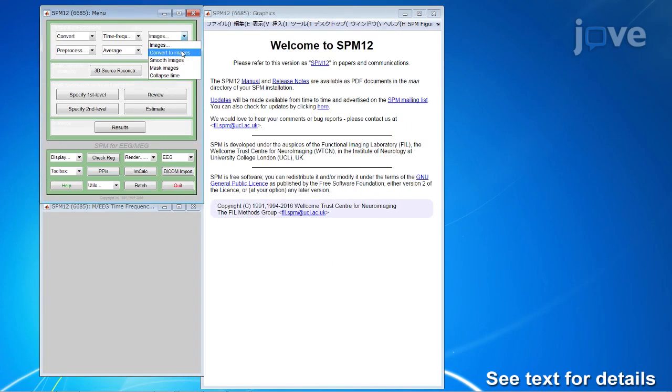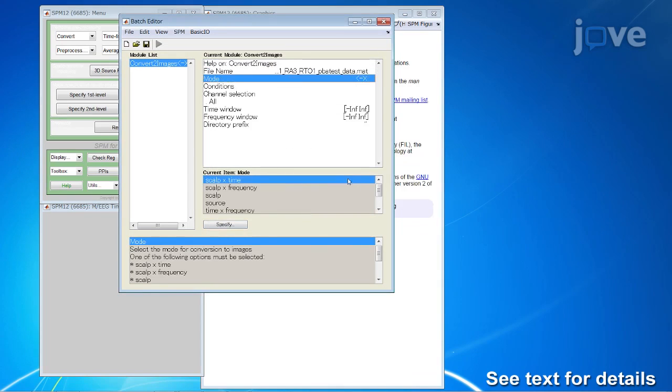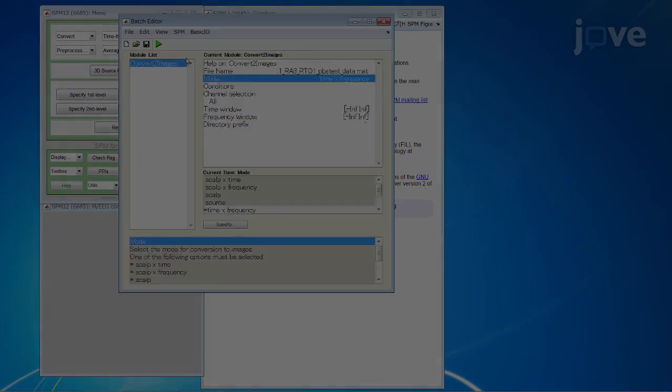Next, convert the time-frequency maps into two-dimensional images. Also smooth using a Gaussian kernel with a predefined full-width